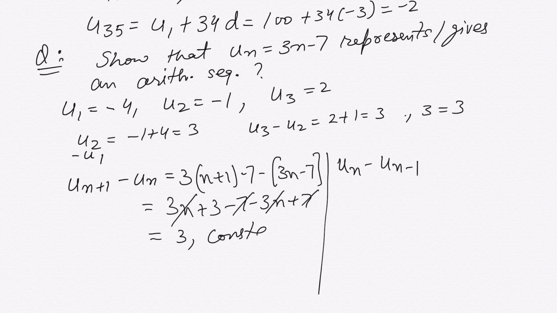And what will you write? You will write that because the difference of next minus previous for all n values is 3, a constant, it does not involve any n, so the given un, or the general term or the nth term, represents an arithmetic